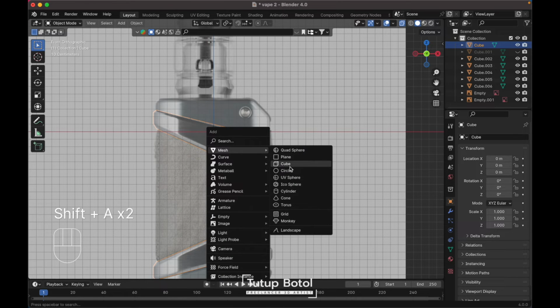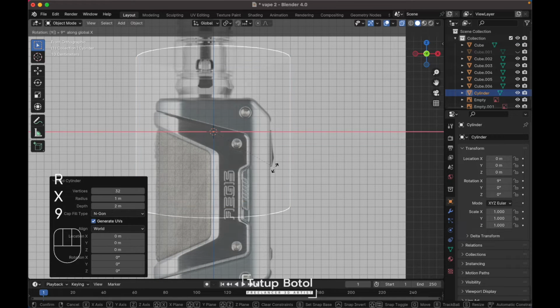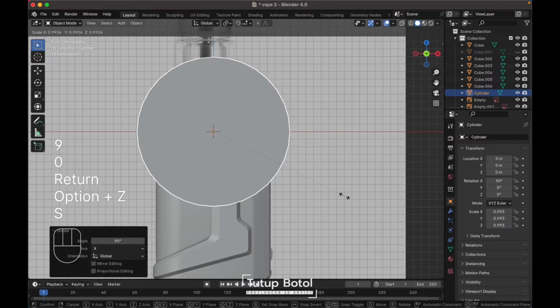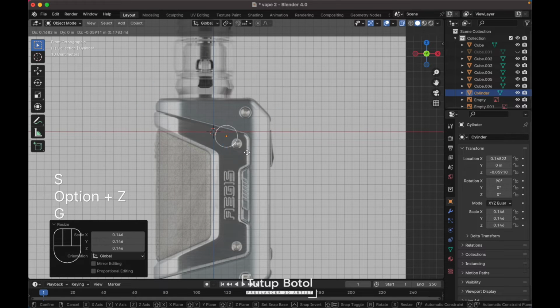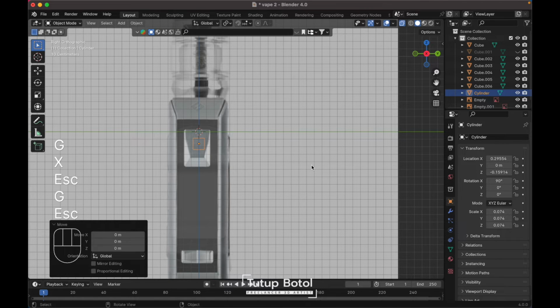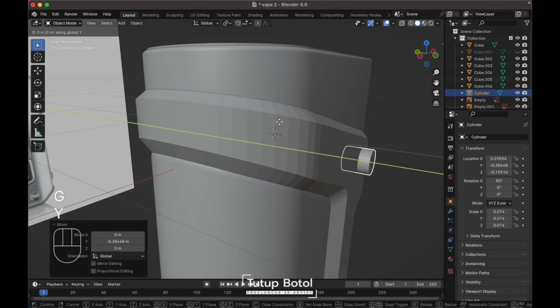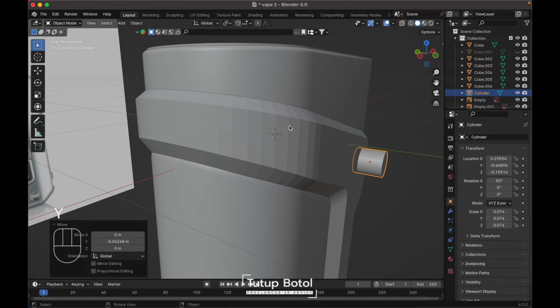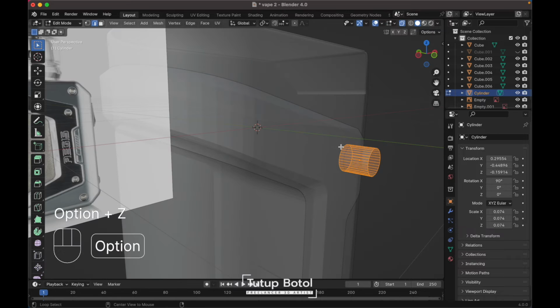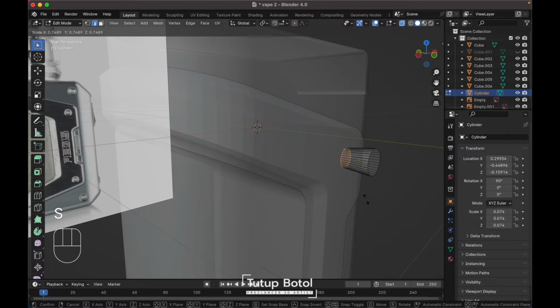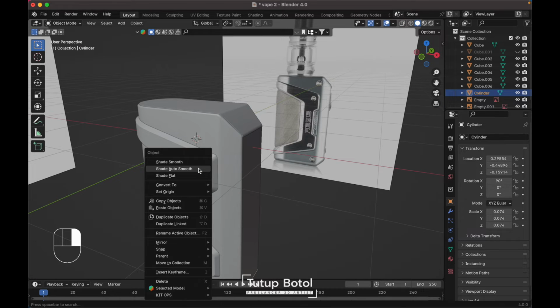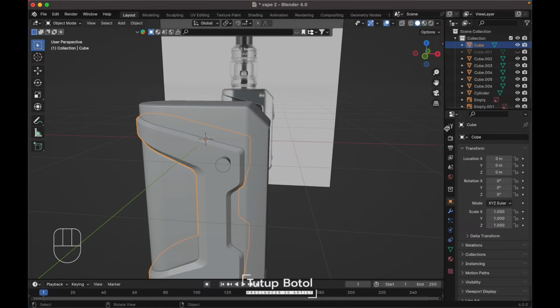press Shift A, mesh, add a cylinder, press R X, rotate it to 90 degrees, scale this down like this, move it over here, scale this down again, go to the right view, move this on the Y axis like this. Okay, move it over here, tap to the edit mode, Alt Z to x-ray view, select this edge, press S to scale down, shade smooth,